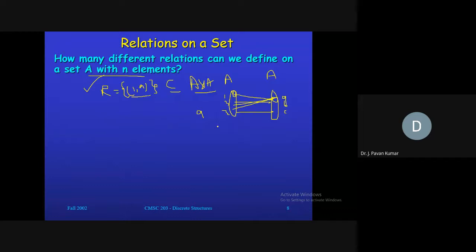How can we obtain 2 power 9? All the possibilities, right? All the possible subsets of those tuples. So it is nothing but a kind of power set. Yes or no? So 2 power 9 relations we are able to form. So now consider, what is this 9? What is this 9?